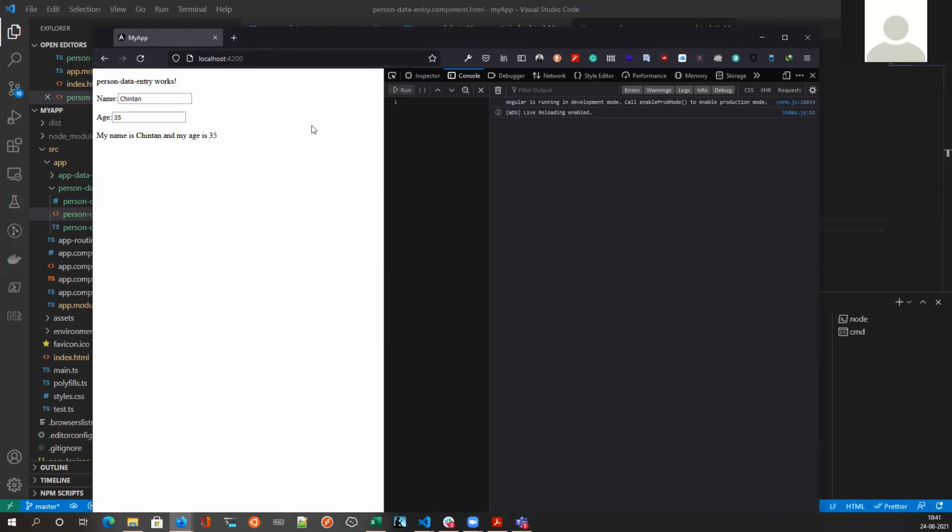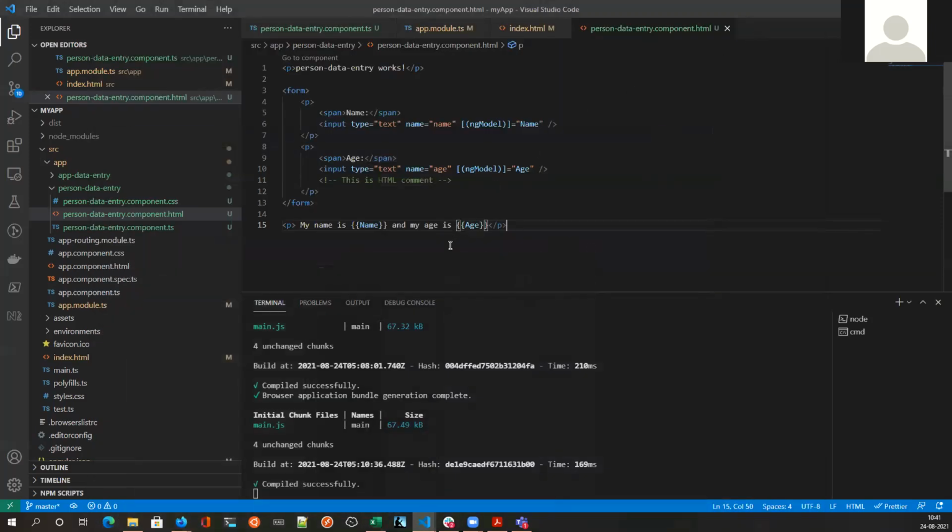Sir, when do we need to write this dot? Because sometimes the variable does not come, so here name came directly. Do you mean IntelliSense? Yes. So it typically comes in most cases.